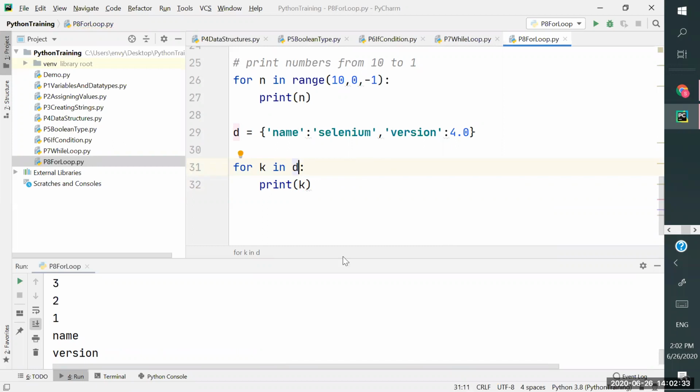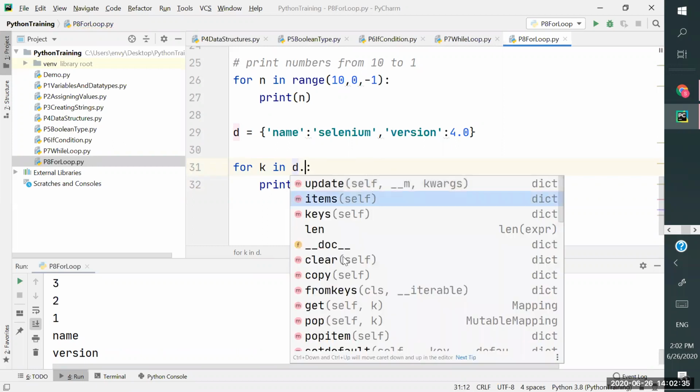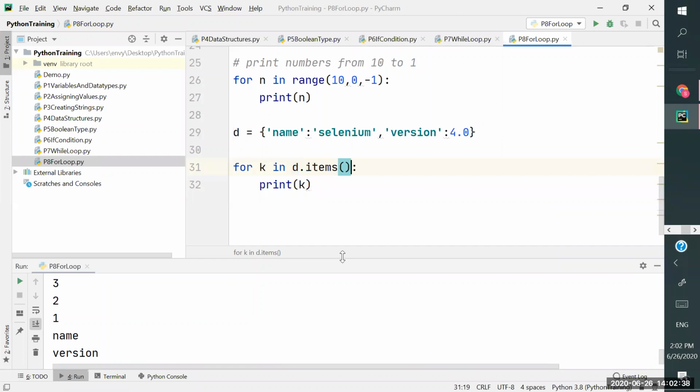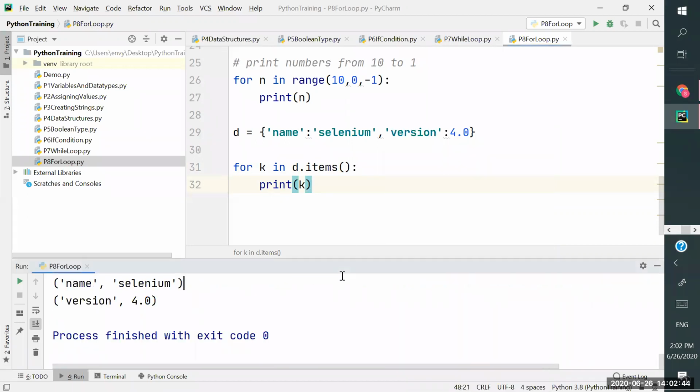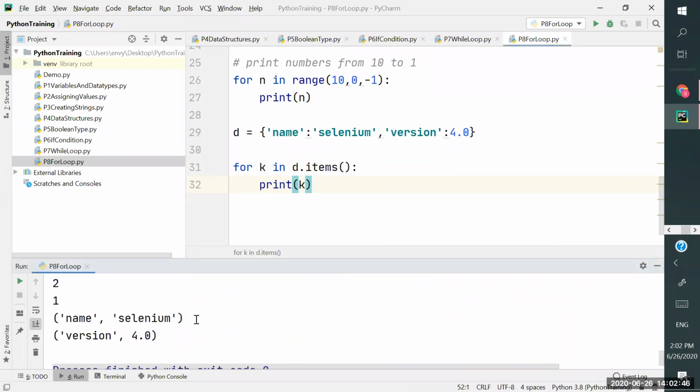So we have a method here, d dot items. What this will do is print item by item. You can see that, item by item. This is a tuple and this is a tuple. You can see that it is creating it as a tuple. Now, how are we going to print values? The good thing here is you can use one more variable.